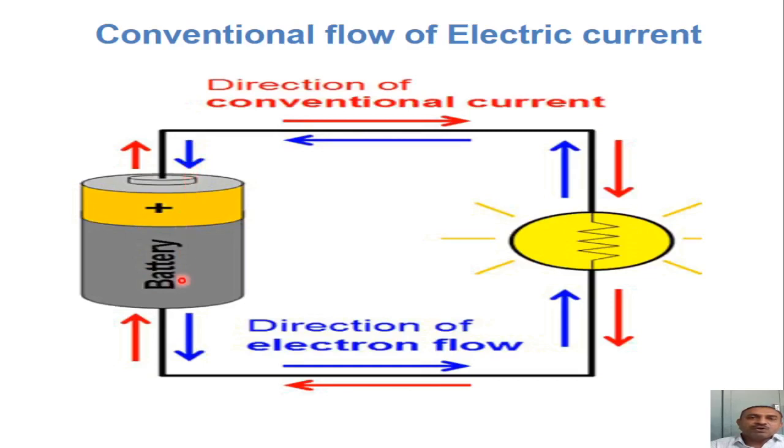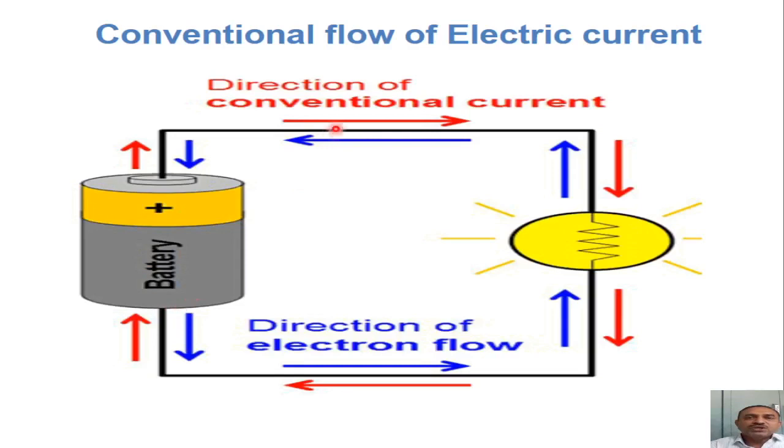Now this flow of the electrons, whatever we are treating, is called the electron flow direction, while for marking of current we always mark the current which flows from the positive terminal of the battery through the connecting wires to the lamp or whatever electrical appliance or equipment. Again it will come out of the equipment and through connecting wires again reach the negative terminal of the battery, so completing the whole cycle.